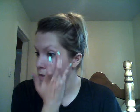So I just do that on my inner eyes and underneath. So you look awesome again. And just work that into your under eye area. I really like this stuff too because it has really great coverage, especially after you set it with your powder. It just kind of gets a little bit seamless and it stays a lot longer, so I'm just going to add a little bit more